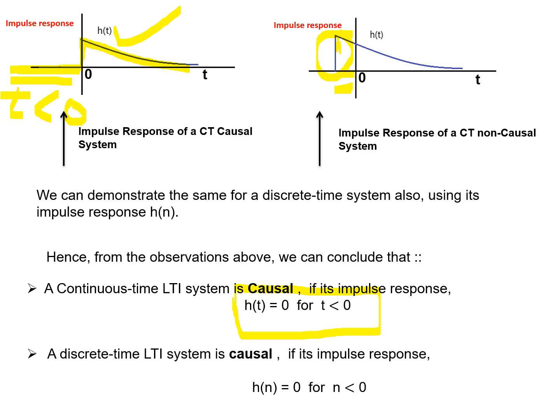Similarly, for a discrete system, I didn't show the day. Actually, I showed it by mistake. The notation I wrote was discrete, but they are continuous. That was my mistake. Otherwise, for a discrete system also, the same definition holds good. A discrete time LTI system is causal if its impulse response h of n is equal to 0 for n less than 0. That is, if the impulse response is 0 before n equal to 0, then that system is a causal system. If it is non-zero, then the system is anti-causal. So it is easy to identify if I look at the equation or at the graph of the impulse response.